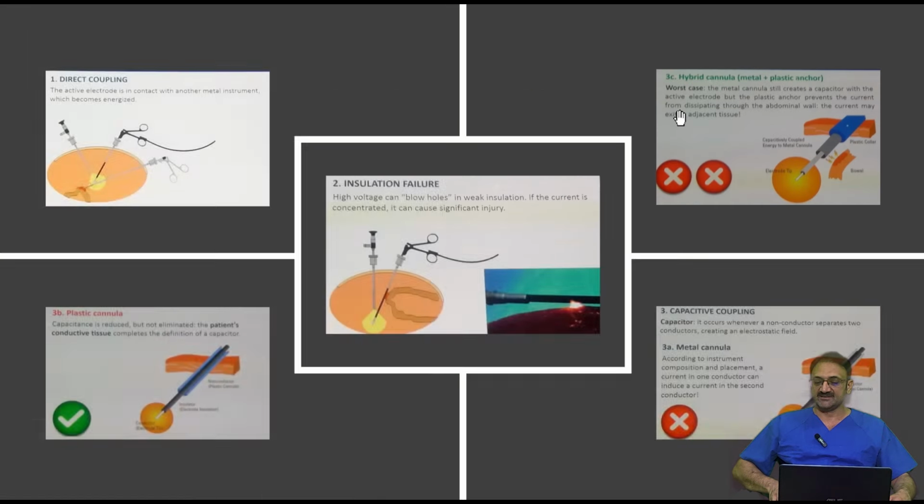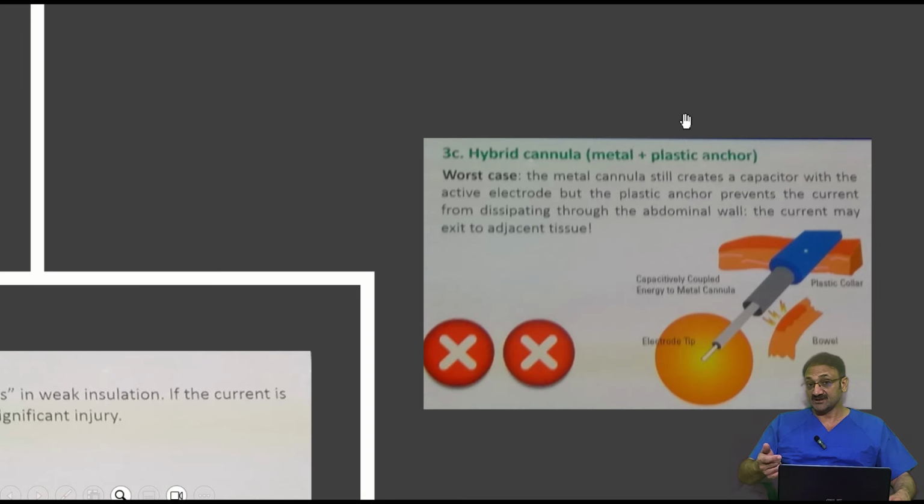Then here is the case where, in the first instance, it was the metallic cannula. So your instrument, the monopolar diathermy, which is touching the cannula, can lead to passage of current through that cannula and can lead to burns to the abdominal wall or the bowel and other organ injuries. Now in the second instance, you can see that there is a plastic cannula, but inside the plastic cannula there is a metallic